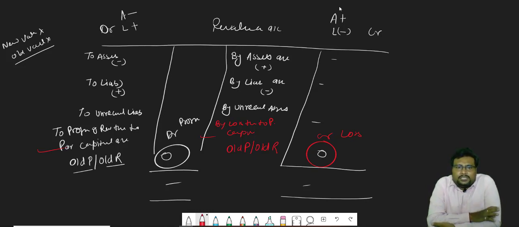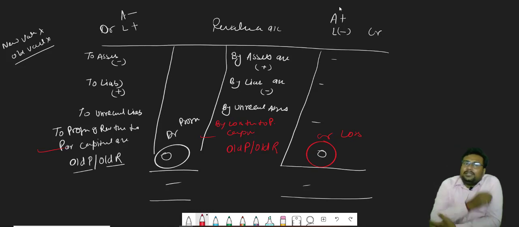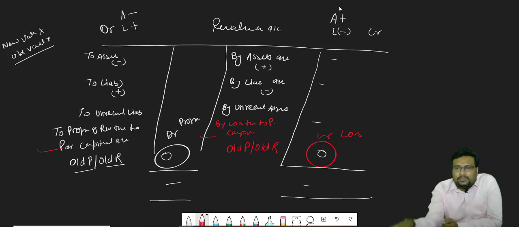Revaluation has two sides, one is debit and one is credit. On the debit side, you just learn it: assets minus, liability plus. And on the credit side, revaluation will be assets plus, liability minus. So if any asset increases, it will be recorded on the credit side. If any liability decreases, it will also be recorded on the credit side. If any asset decreases, then it will be recorded on the debit side. And if any liability increases, it is recorded on the debit side. Now how? For example, see, simple. Suppose your furniture